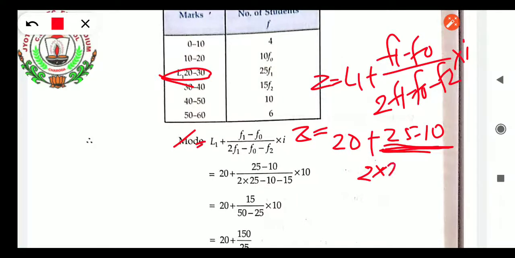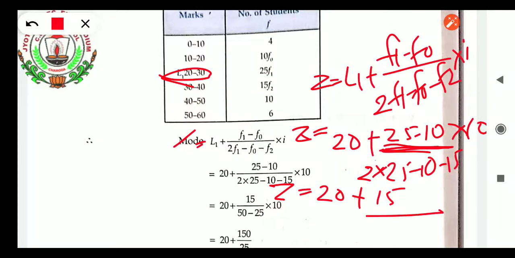2 into 25 into F0, sorry, not into, it will be minus, what is the 10? It is 10 minus, how much is the 15? Okay, into I, how much is the difference? 20 and 30 difference, 10. So now the next line, Z equals 20 plus 25 minus 10, that is 15